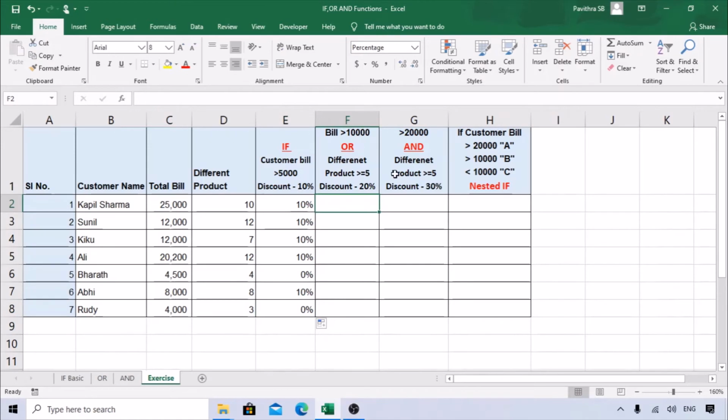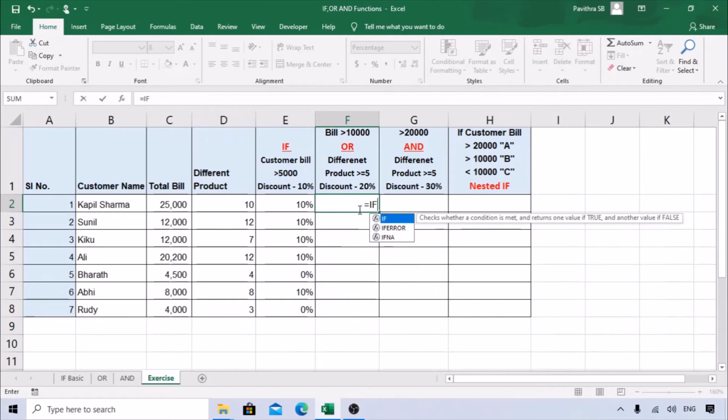Let's use the OR function. OR is either one: either his bill is greater than 10,000 or he has purchased 5 products. So you have the product column here. We use IF again, OR, open bracket. The first logical test is to select this bill amount greater than 10,000.